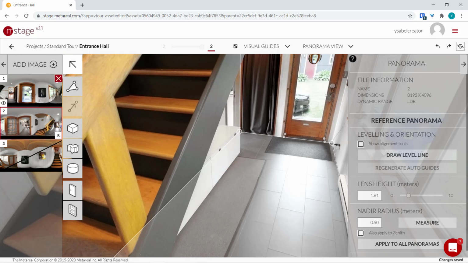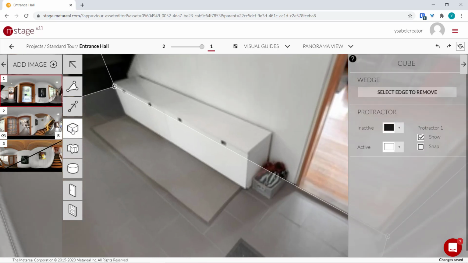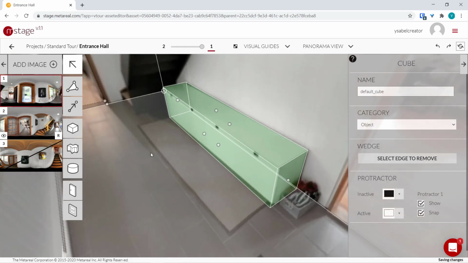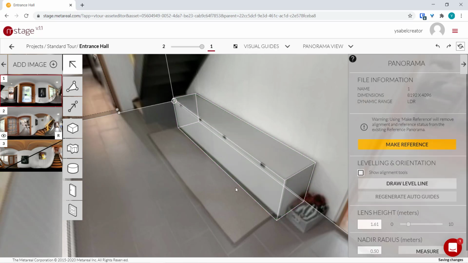Okay, so let's switch to panel number 1 over here, and I'm going to show you how to draw an object for this container, and I'm going to explain more about objects after that. So I'm just going to click on the cube tool over here, and then I'm going to click on a spot near that container, and then I will just adjust this shape until it's occupying this whole container over here. So I'm just going to rotate that, and adjust a bit more. And okay, so we have drawn an object